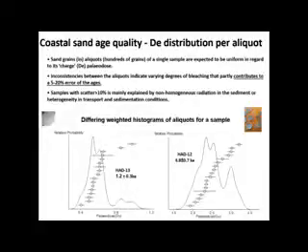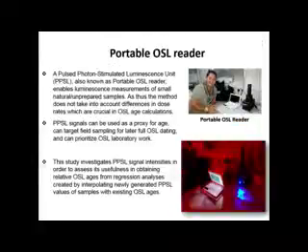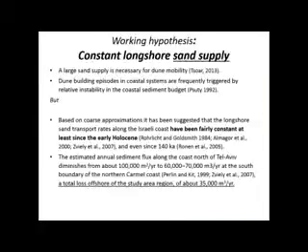Let's move on here. And here we look at the quality of the ages, because it's very important. When we take a sand sample, about a fist-size sample, in the laboratory we clean the sample, and then we measure these small, tiny coin-sized discs, like 5 millimeter discs, upon which we put about a few hundred grains of sand. And what we want to find is a normal distribution of the dose, which is the measure